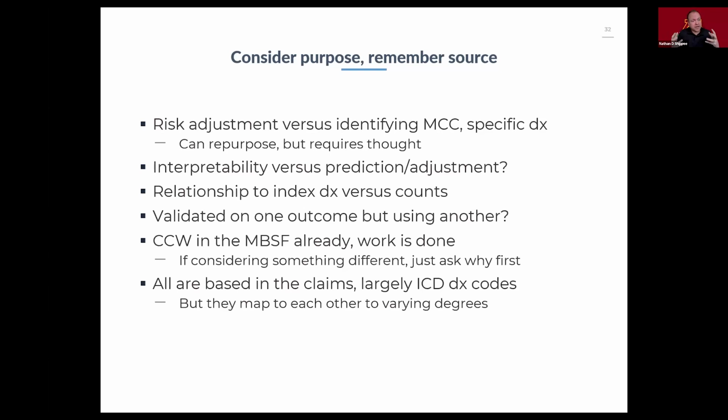And so we just want to think about, if we're using a particular approach, yes, we could use some other approach, and they would probably do a different job in risk adjustment or whatever else. Or if we're trying to identify our population, they're going to do slightly different things, but they are all drawing from that same set of information that underlies all of this, which are the diagnosis codes in the claims files. So just keep in mind that they're all drawing from that same well.